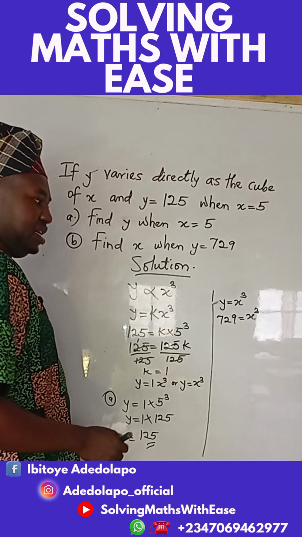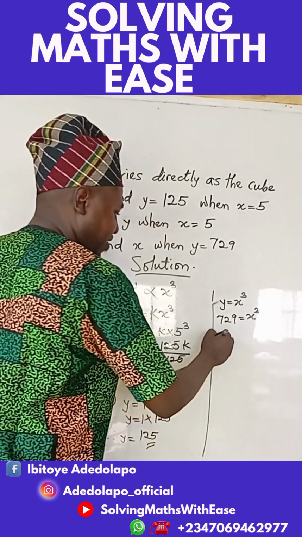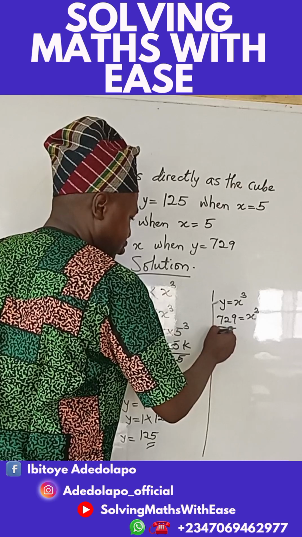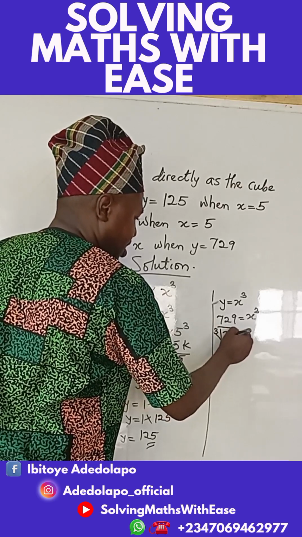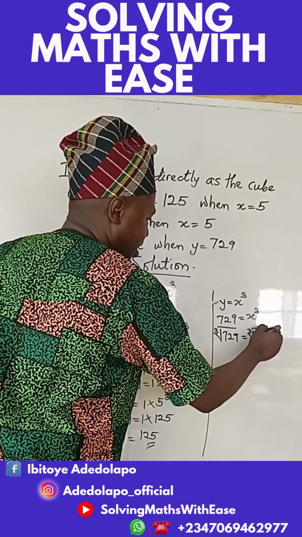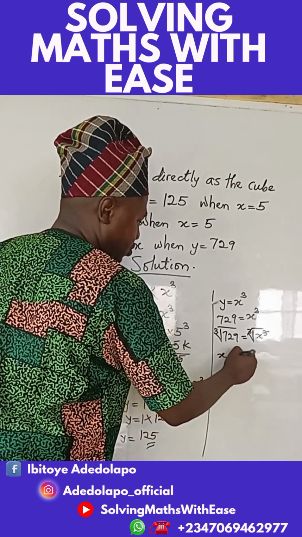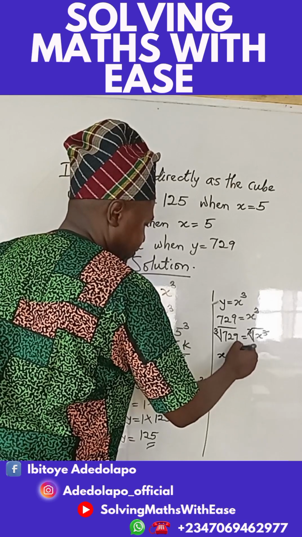Now, to remove this x raised to power 3, we need to find the cube root of both sides. Cube root both sides. 729 equals the cube root of x raised to power 3. So this will cancel this, and we have x equals the cube root of